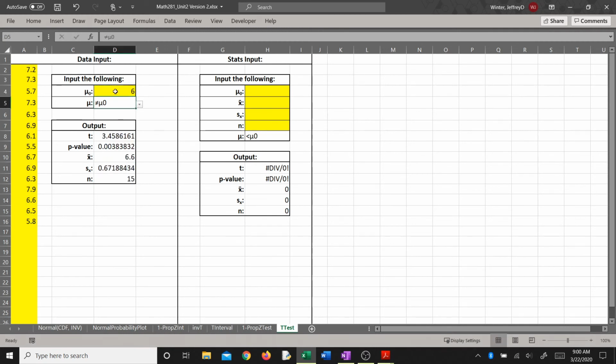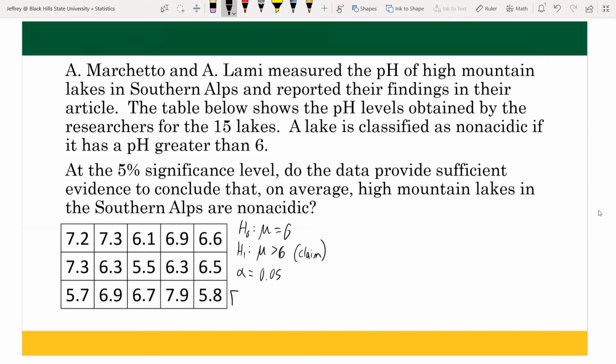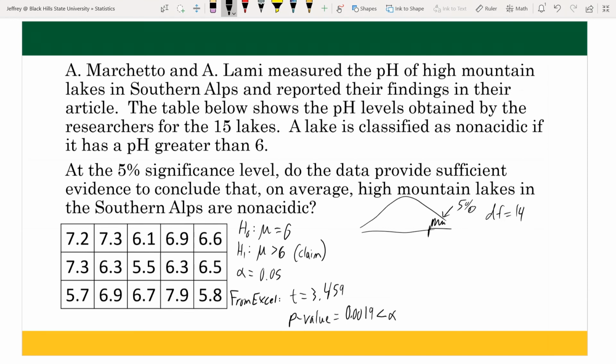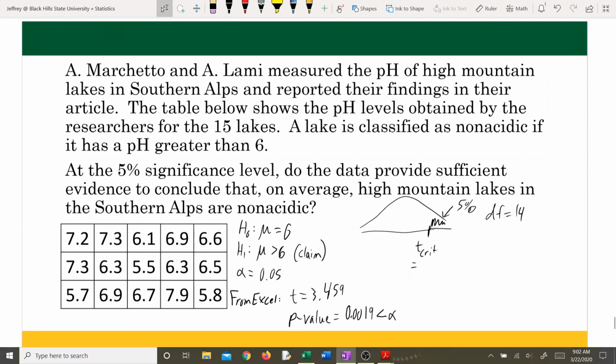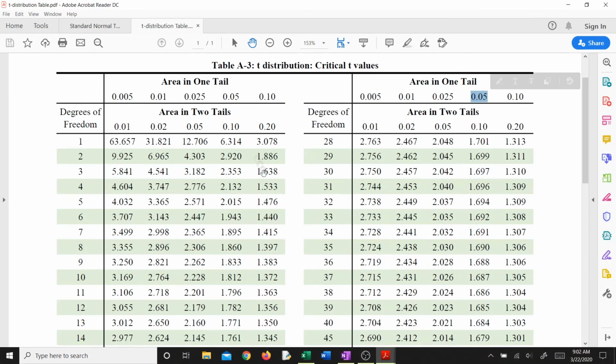Once I have those typed into Excel, I select greater than, and I get the test statistic of 3.459 and the p-value of 0.0019. To do the critical value approach, I just go ahead and find the t-value with degrees of freedom of 14 that has an area of 0.05 to the right of it, and we get the critical value of